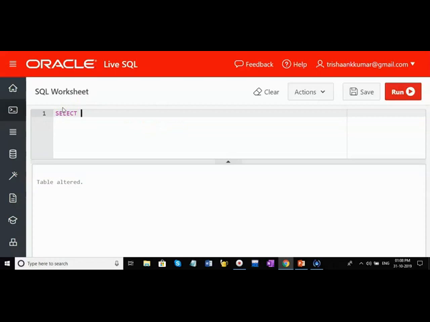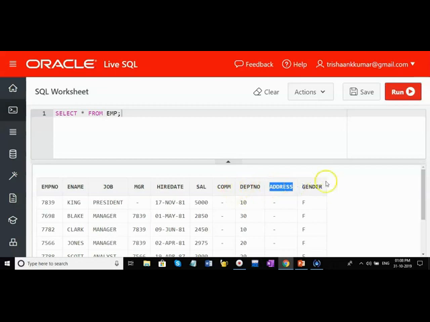We will discuss. So select star from emp. So for example, whenever a table is empty, you can increase the size of that particular column to any length acceptable, and you can decrease that particular size of that column to any length acceptable. For example, consider the column called job. So you can increase the size of an empty column or a filled column to any extent, no problem. Size increasing, you can increase the size, but you cannot decrease.